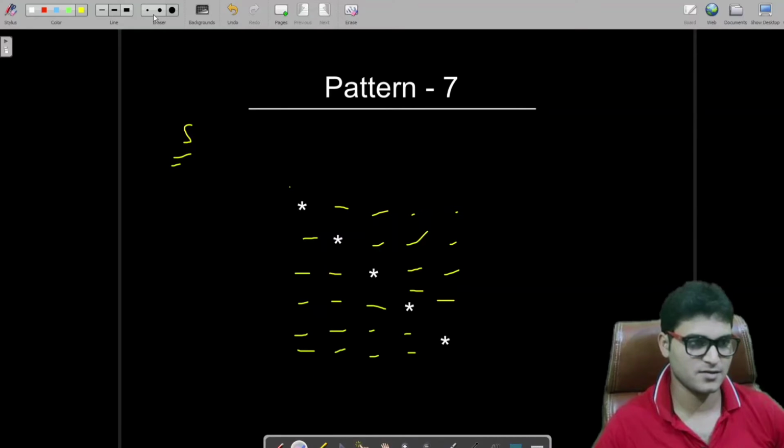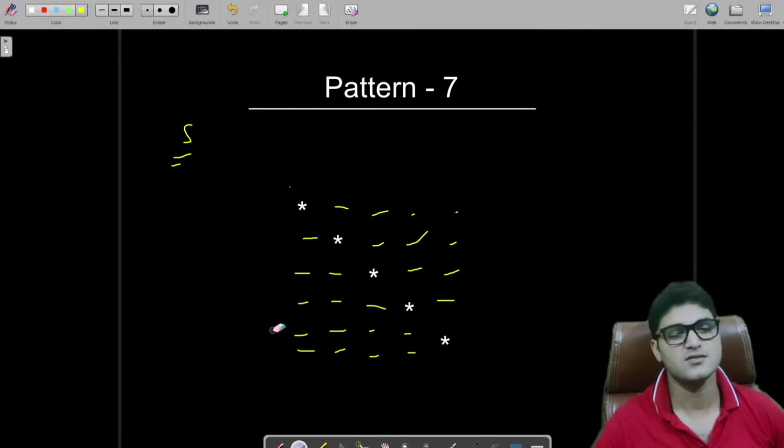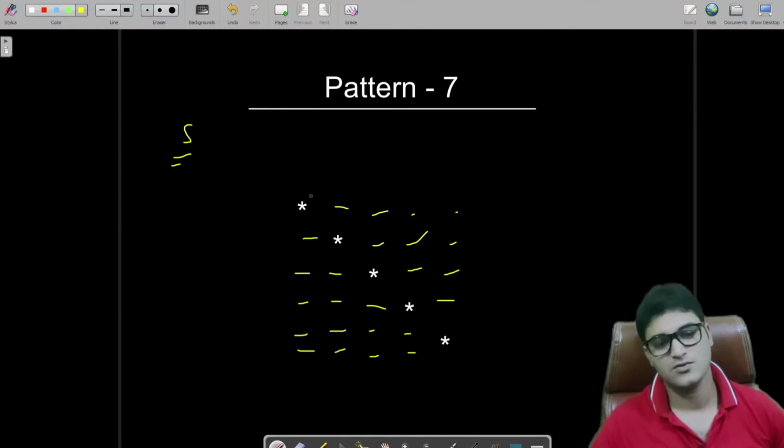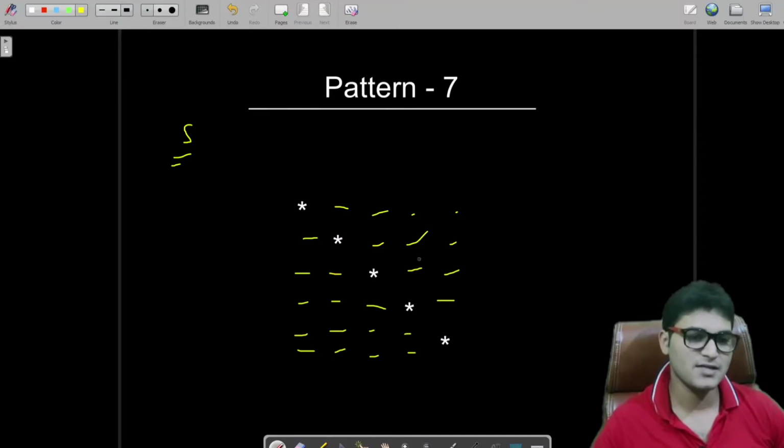What I did is, this is the row, fine. So this is the exact structure behind the scene which we have to print. Okay, so what we have to do is analyze the number of rows and then the number of columns. This is the only drill which will help you to print any kind of pattern. I have been discussing this from the very beginning. While writing the first pattern, I discussed that this is the only drill we have to take care of, that this will help you to print any kind of pattern. Okay.